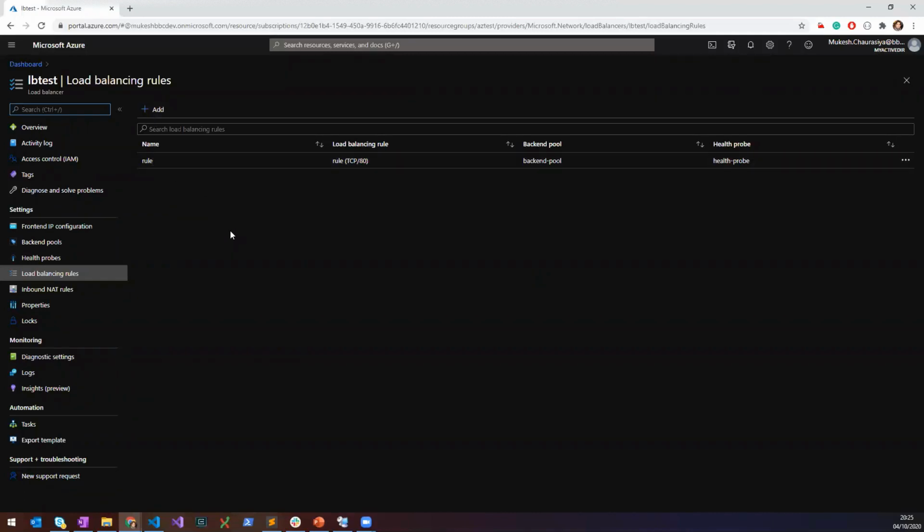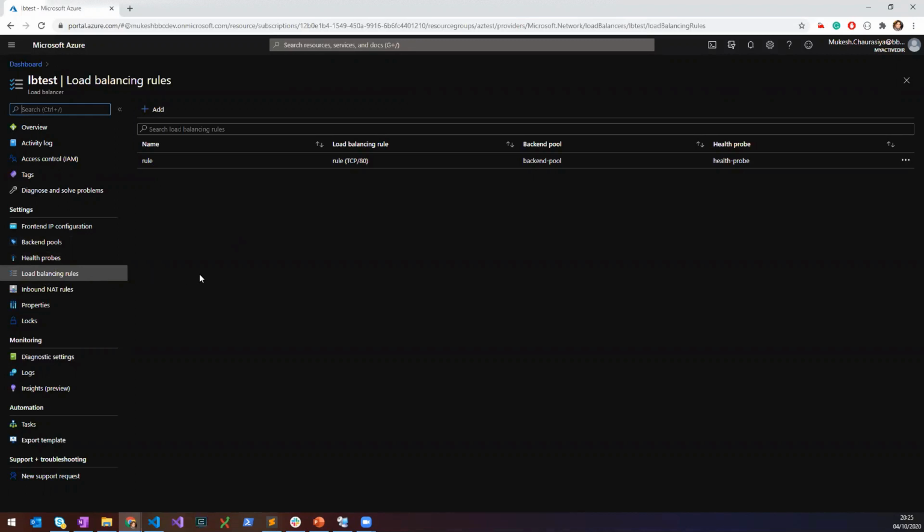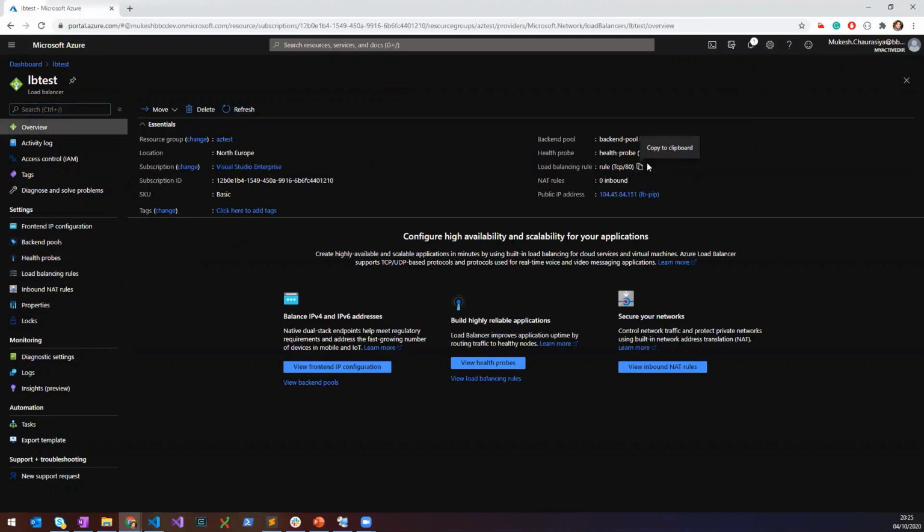So far, let's recap what we've done. We have created a load balancer. We have associated that load balancer with the public IP address. We have created the backend pool, created the health probe, and then we have defined a rule which defines on which port the load balancer should redirect to the backend pool. So go to the overview, grab the public IP address,